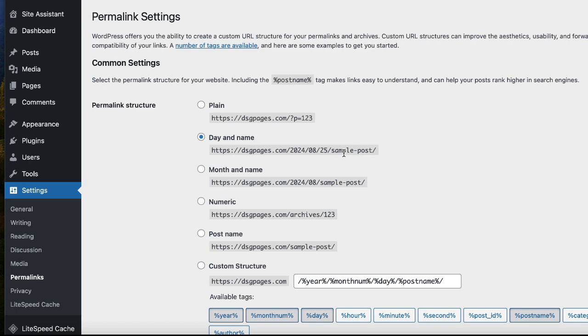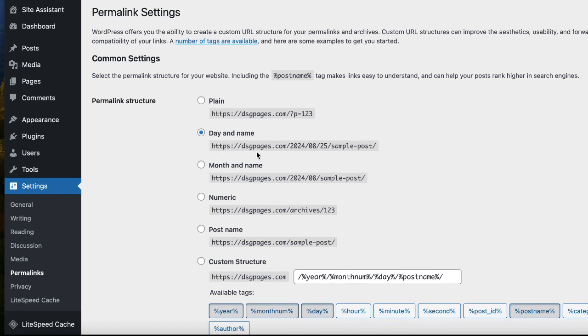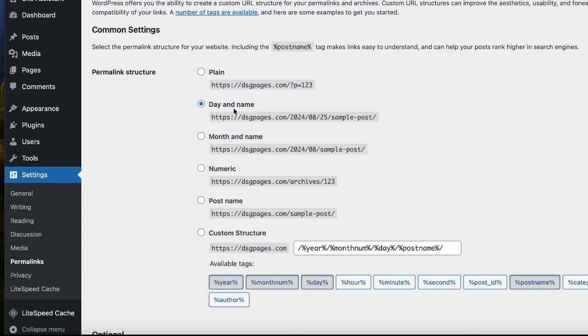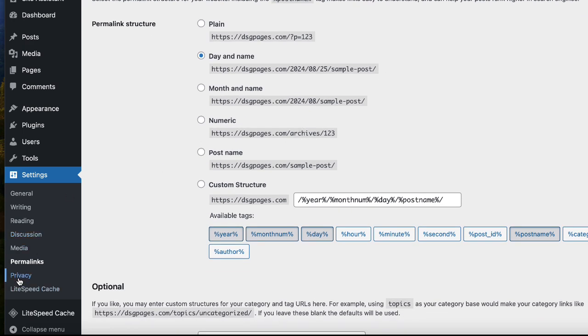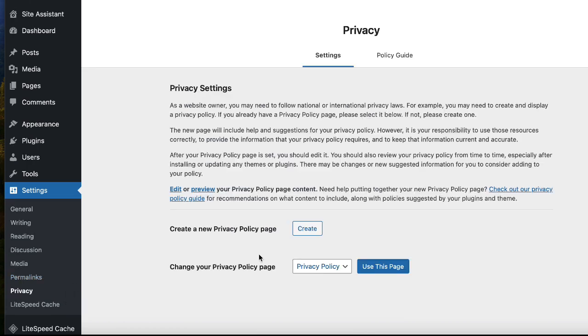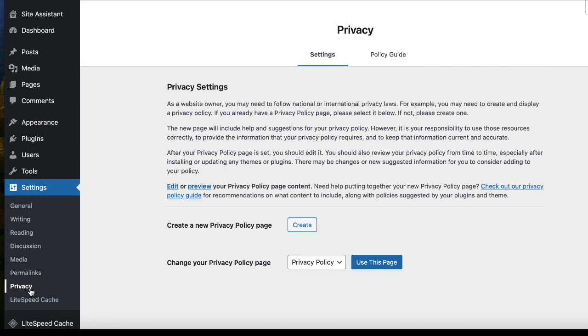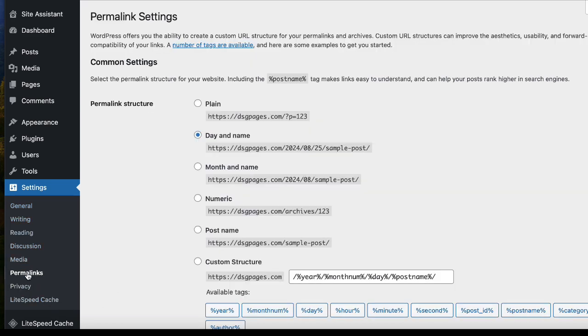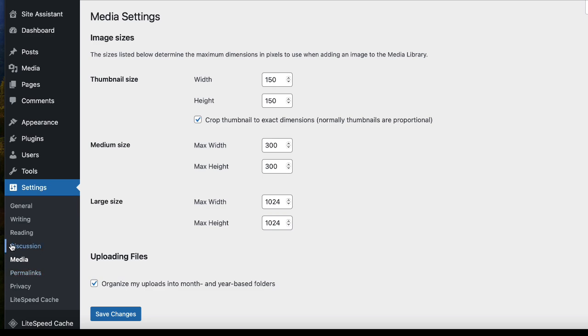This will help you rank with search engines, having the name in there. Privacy, you can create your own privacy policy, and that's pretty much all you need to have for settings. There was one more thing.